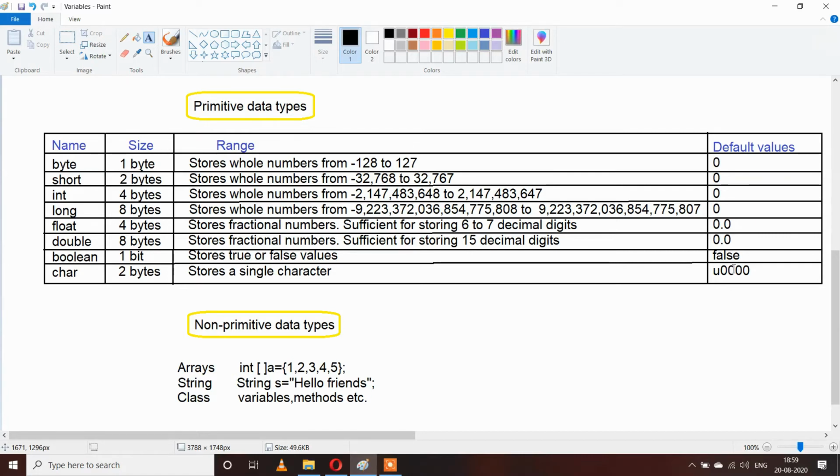Here is a question: why has Java given us so many data types, like 4 of these data types only for storing integer values and 2 of these for storing decimal values? So here is the answer: it depends on the memory present in our system. If we only want to store small values, we can use byte.